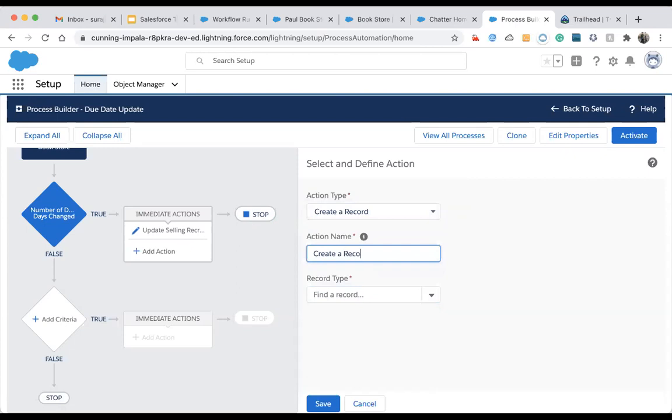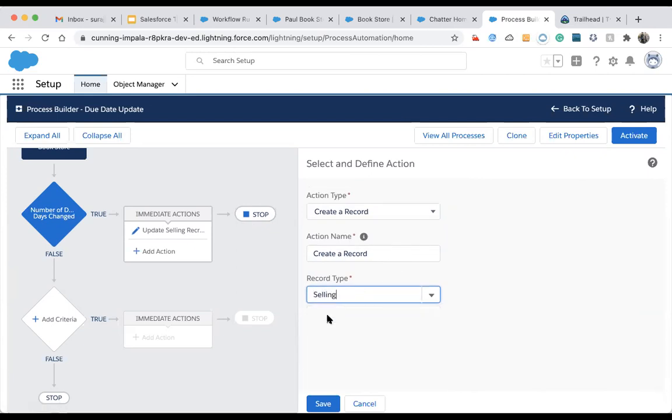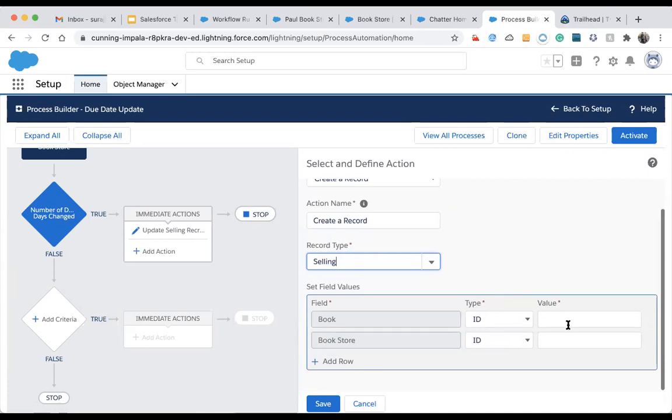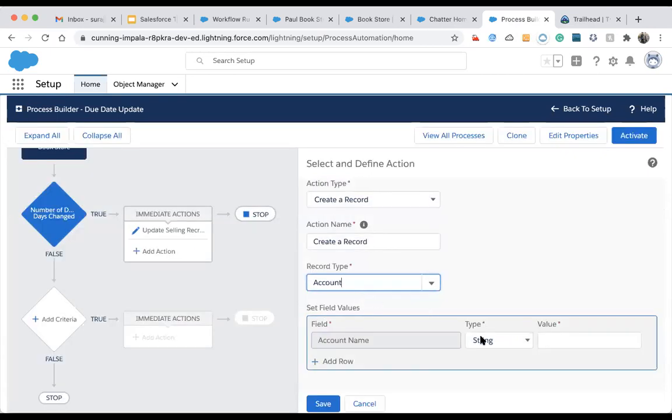Create a record. And suppose I want to create a selling record, it will also allow us to create a selling record. We just have to pull up the values and it will create the record. Or suppose I want to create an account record, from here we can create a record for any object.